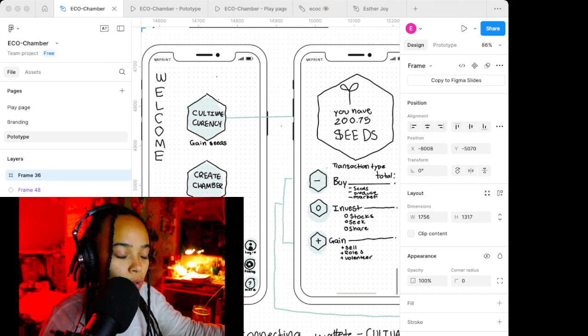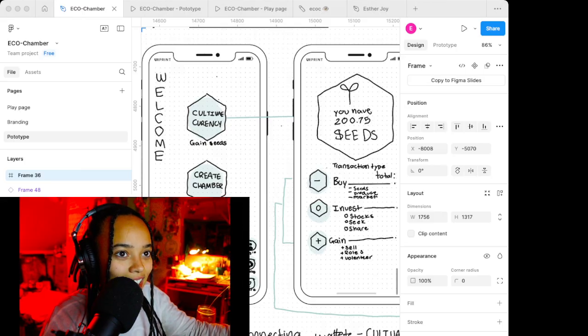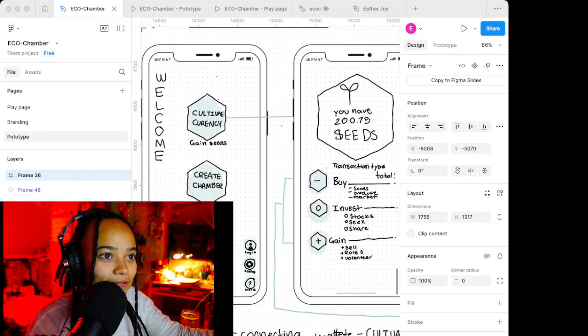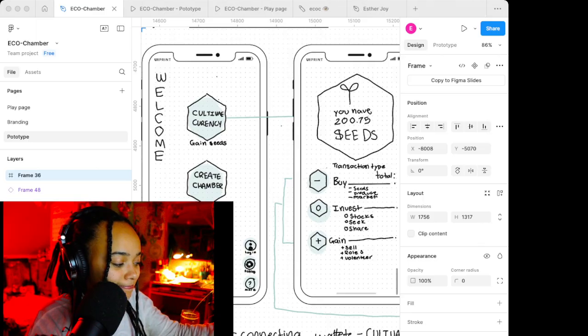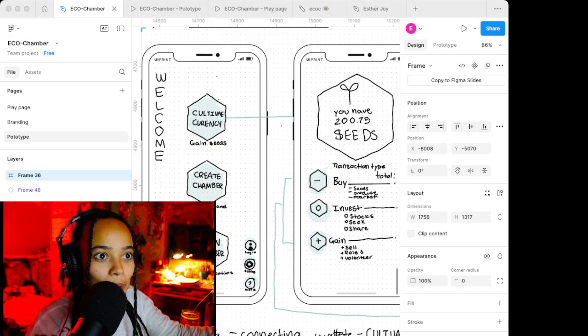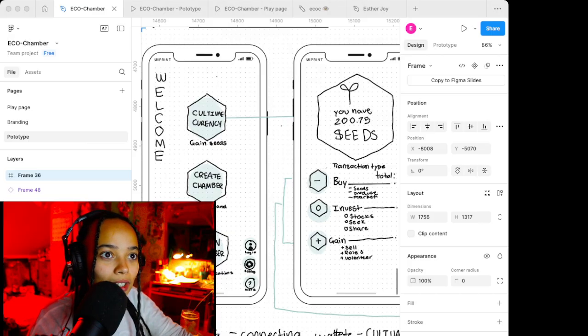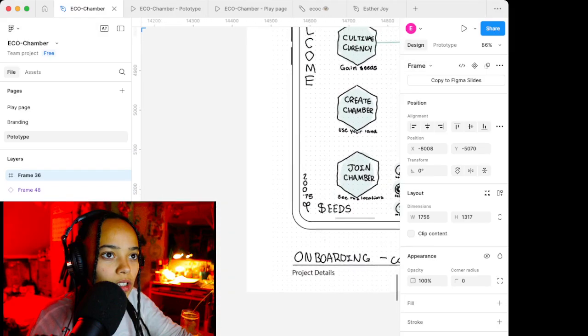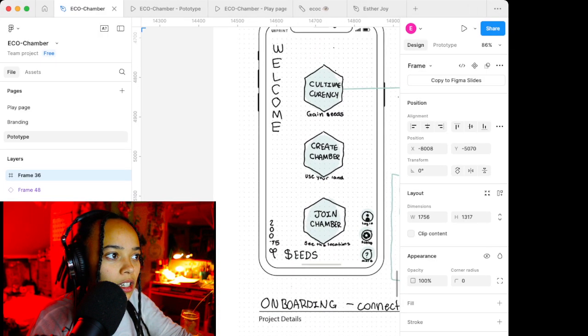I really was focused on creating a kind of system to, you can kind of see me playing in the corner. I'm trying to adjust this so you can see a little bit more. Alright, there we go. Alright, you guys can kind of see a little bit more. So here is